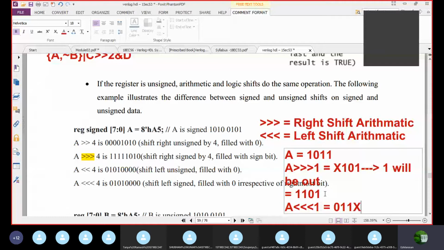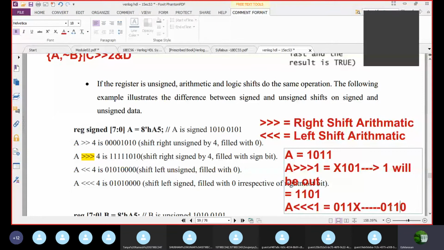The result will be 0, 1, 1, and the X will be replaced by 0 here. Very important. You should not replace it with the same bit. Why? Because if you replace this with the same number, your number will get changed. So the shift left is unsigned, filled with zeros.